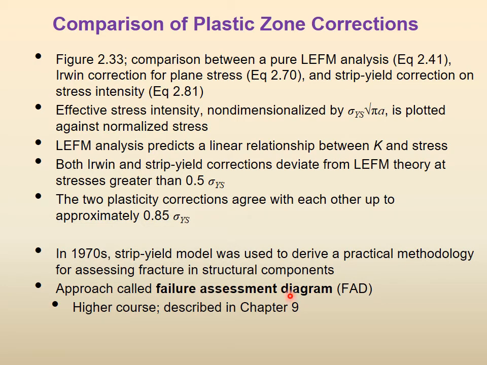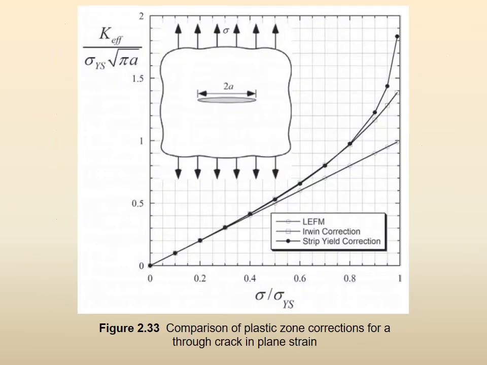We are not discussing it here. It is described in chapter 9. So anybody who ends up in a company where fracture mechanics is important, or anybody who is taking a master's or PhD course in fracture mechanics, they can go to chapter 9 and study what the failure assessment diagram is. We just know here at this level that it is based on the strip yield method, and we modify it to some extent so that we can practically apply it. Remember, chapter 9 was practical application of the theories that we have learned until now.